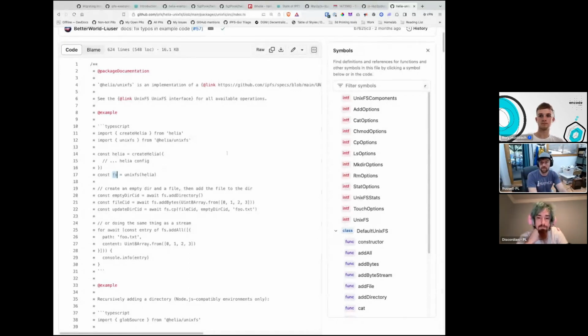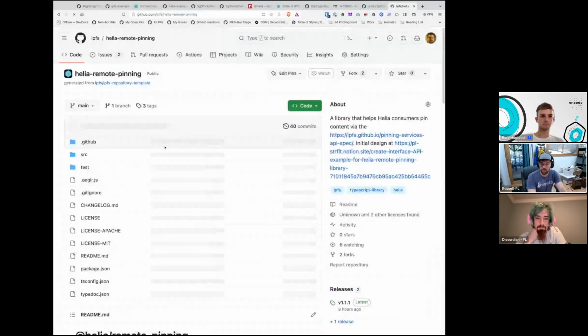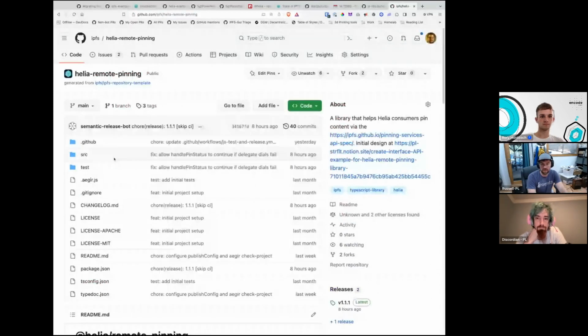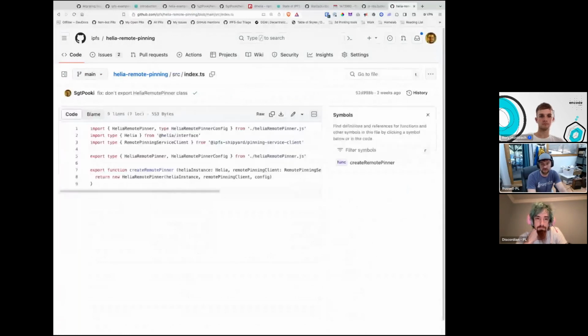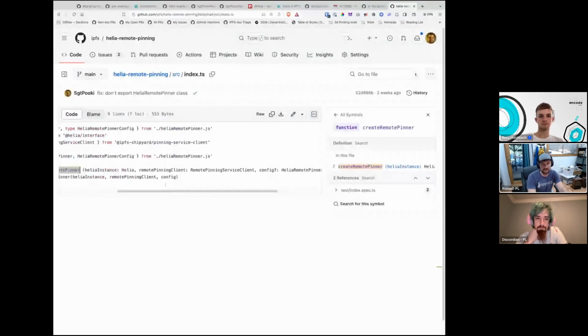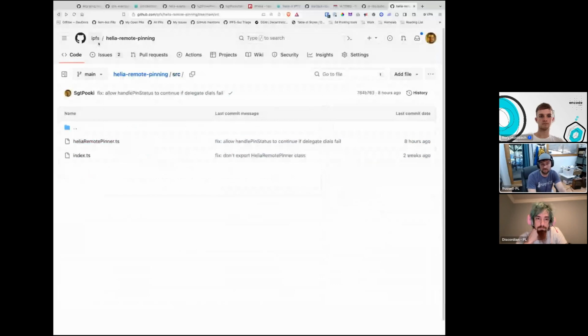So yeah, it's very stable. And I just pushed out the Helia remote pinning library, and it just follows that same pattern. It exports this function here. And so this library, Helia can change or do whatever, and this remote pinner